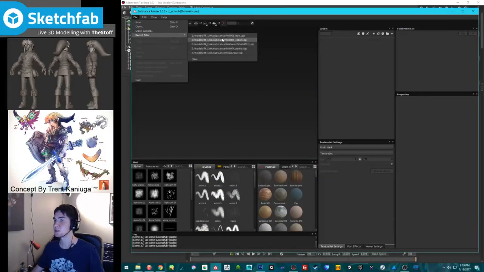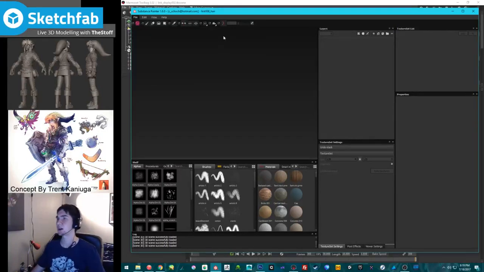Alright, so we're just going to be doing some minor stuff here, and then maybe optimization of textures. If I'm lucky, I could maybe start getting things in Unreal. We'll see.